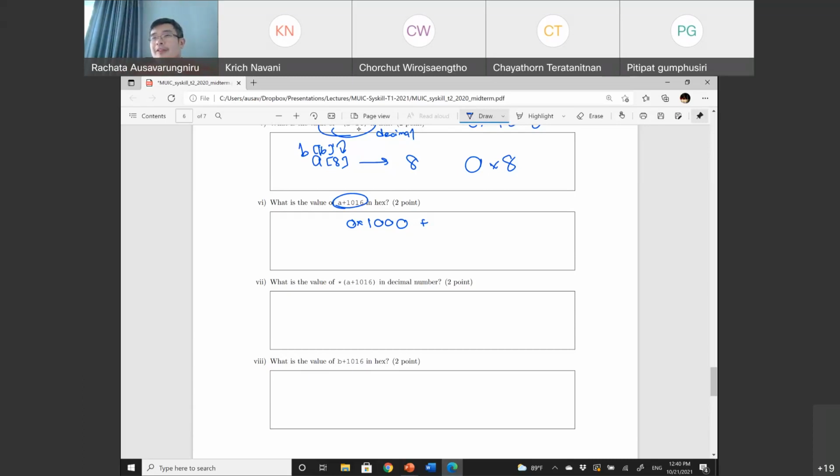Can someone go to, I guess, Google and get me 1016 in hexadecimal? Thank you. 3f8.